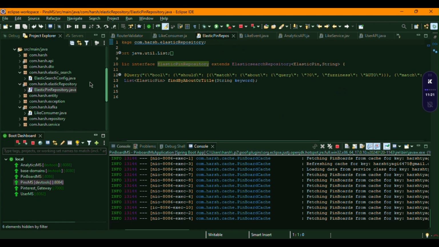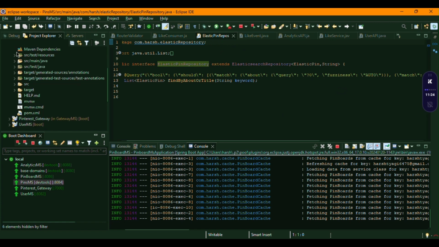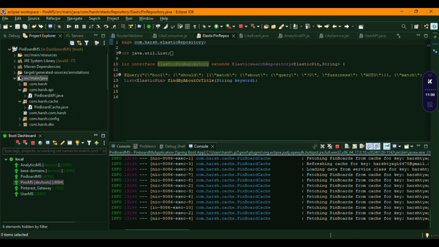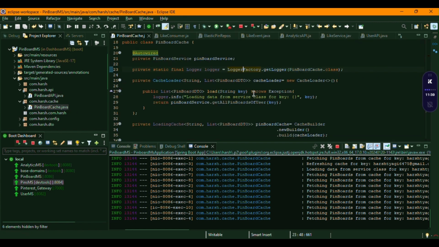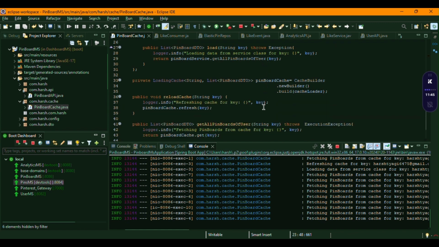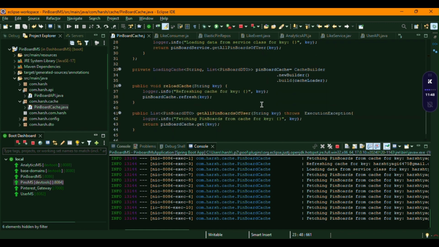Then I've also implemented Guava caching, which is an in-memory cache, for storing the pinboard related information. Whenever the user first logs in, he will be going through the pinboards he has already created most of the time. So at the first call, we store that pinboard information in a cache, and then fetch the data from that cache only, to avoid multiple DB hit